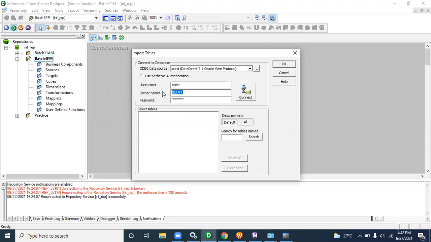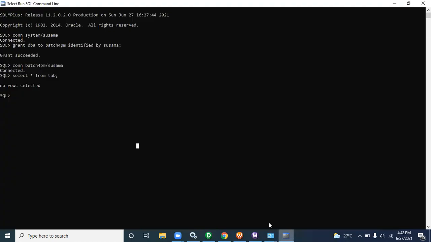Owner name in the sense, in real time, you can say schema name. Real time username and the difference between username and owner name: owner name is the schema name. Username might be your employee ID. Database credentials, there is a chance the client gives any name for a user, maybe UAT user, dev user, prod user, QA user, those kinds of things. But here, when you are working on our PC, user and database name, schema name, both are the same, in Oracle.